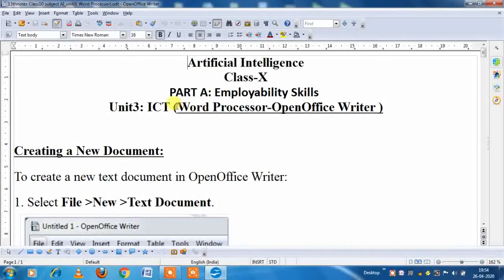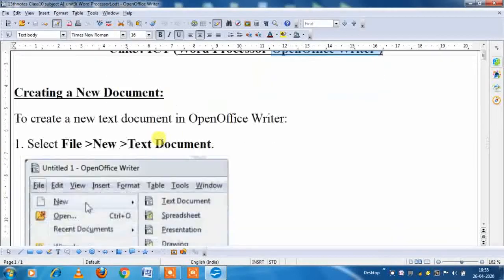Today we will continue with our unit 3, and the topic is word processor, and we will focus on OpenOffice Writer. Last time we discussed what is Writer and the basic components of a Writer window. In today's class we will discuss the main features of Writer. So let us start. First one,